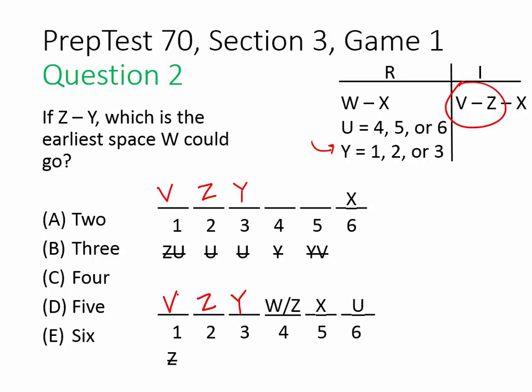The question is, which is the earliest space W could go? So we see down here that W could go in space 4. And we also see up here how W could go in space 4. So the answer is